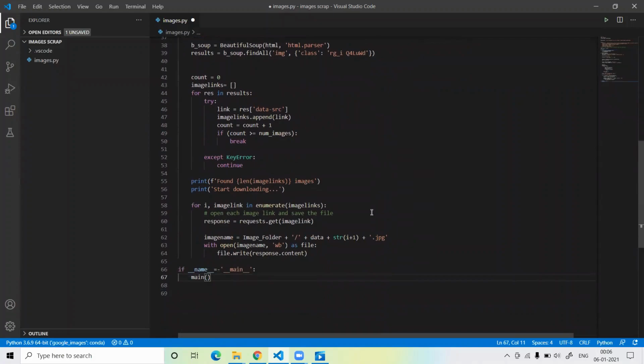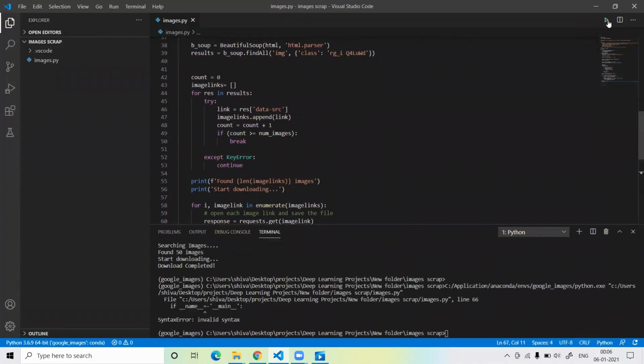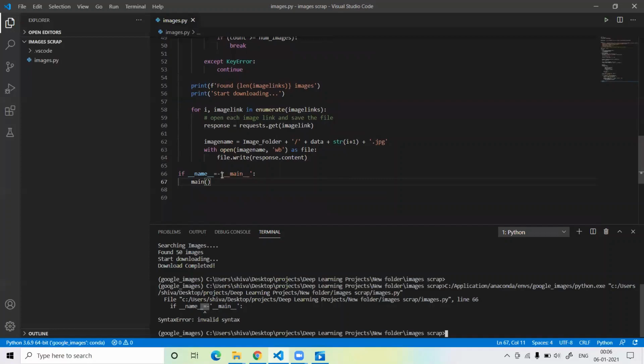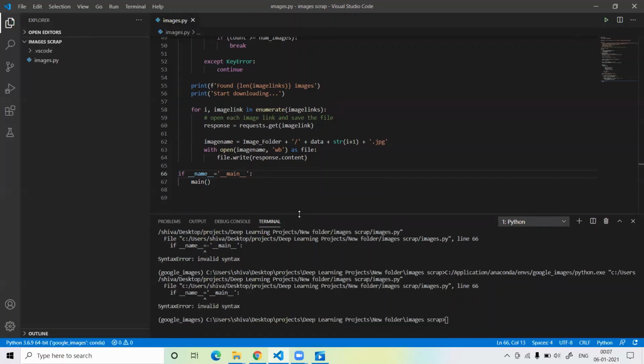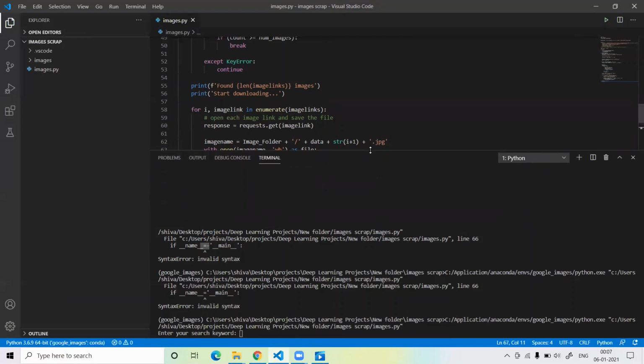I just run this code and see if it gives me any error. Okay, this is the invalid argument. Just run this cell again. Again, this is the invalid argument. What is the issue here? See, the issue is that we have to put equal to. Now I save this and run again. So this time our project is working.